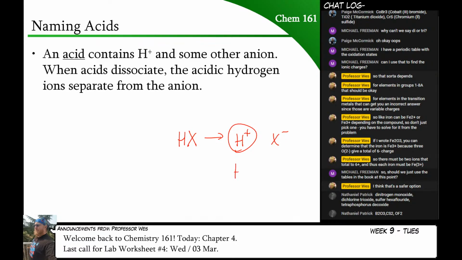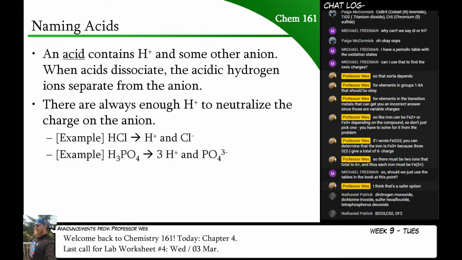So like HCl, hydrochloric acid, would be this, and it would split into H plus and Cl minus. If I have multiple of them, and I dissociate it completely, I would get something like that. There's always going to be enough H pluses to match the charge on the counterion in my acid. So we're going to name our acids following a set of rules that depends on the anion that you're looking at. So the first acid that we're going to be looking at